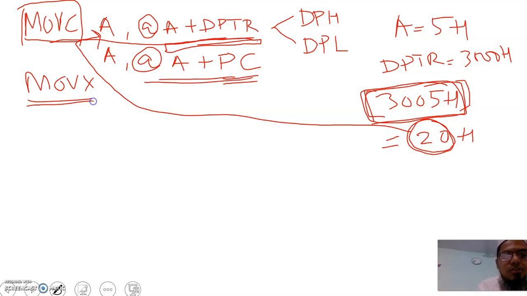So now let's see movx. Movx instruction is used to again transfer data from external RAM. For internal RAM we use mov. For external RAM, we use movx. Okay, because you know that external RAM